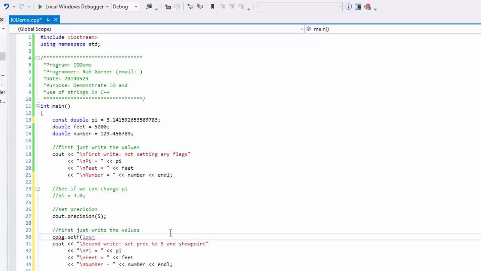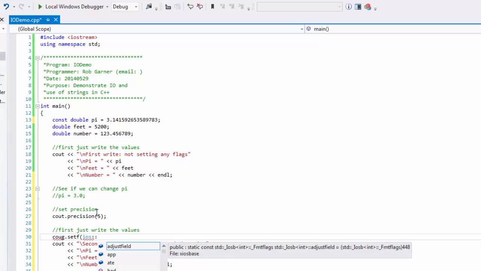So in addition to setting precision equal to 5, we're going to